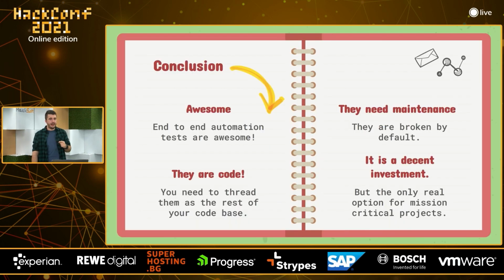So as a conclusion, end-to-end tests are absolutely awesome. They provide so much value, especially in mission-critical projects like ours, that we cannot go without them. But they're code. We need to treat them as a proper part of the code base, give the tests the needed attention, and know that they need to be readable, understandable, and in good shape. They need maintenance, because of feature changes and design changes. We need someone or multiple people to take care of the tests, update them frequently, and write them in such a way that they don't break so frequently.